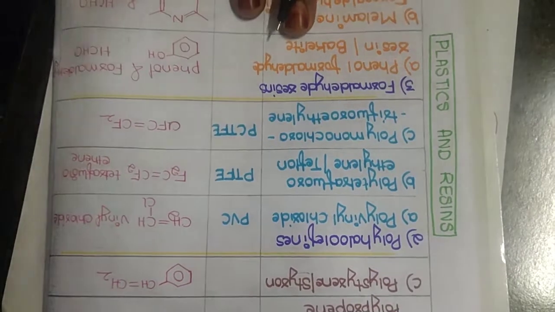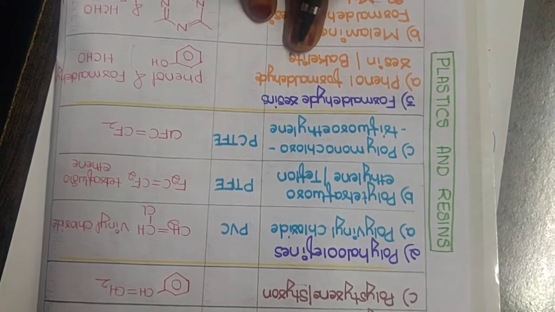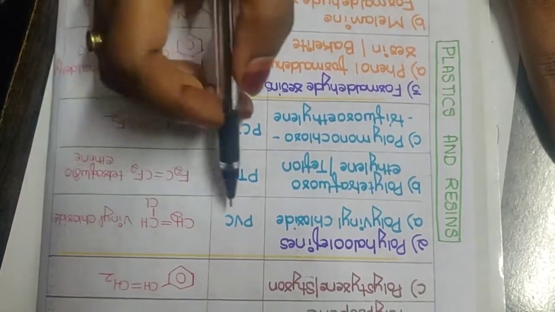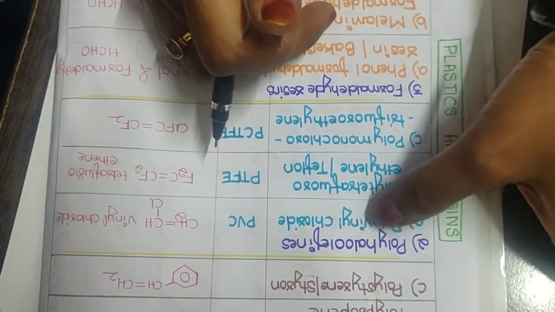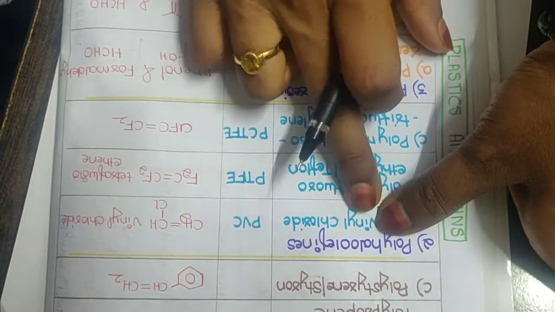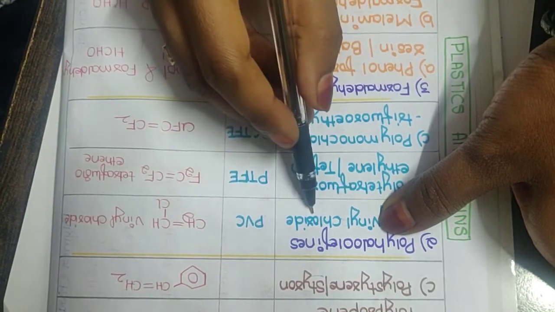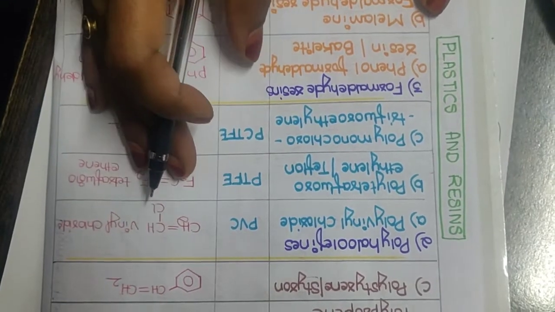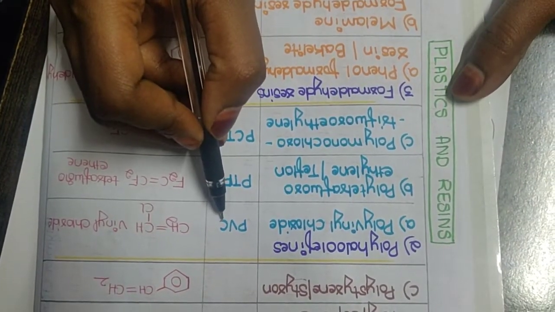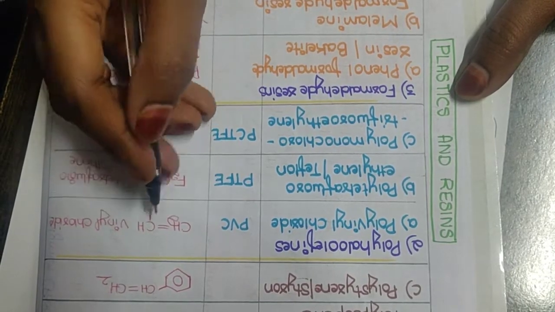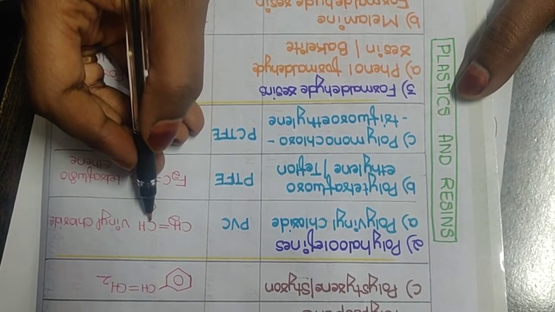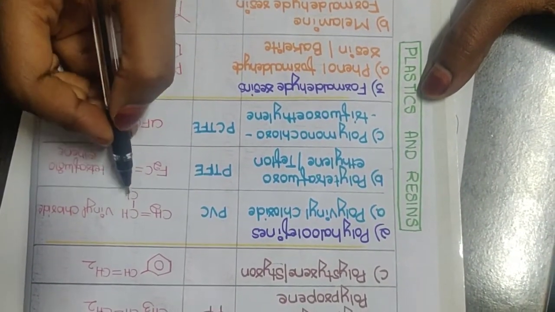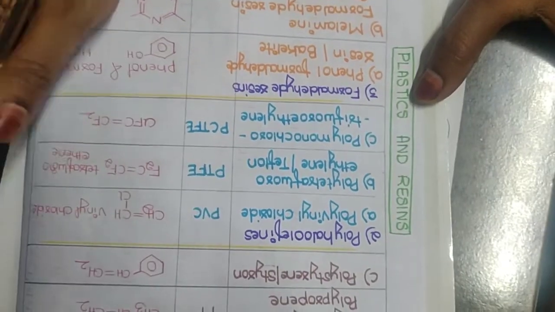Now let us look at the monomers present in all three types of polyhaloolefins. Let us start with PVC. In polyvinyl chloride, if I remove poly, what is the left out part? Vinyl chloride. So vinyl chloride is the monomer present in PVC. What is the structure of vinyl chloride? Here you have chlorine bonded to one of the carbons by replacing a hydrogen from an ethene molecule. Therefore CH2 double bond CHCl is called vinyl chloride.